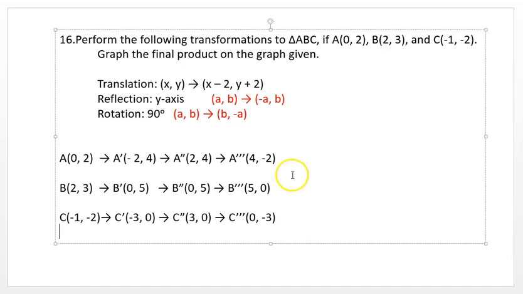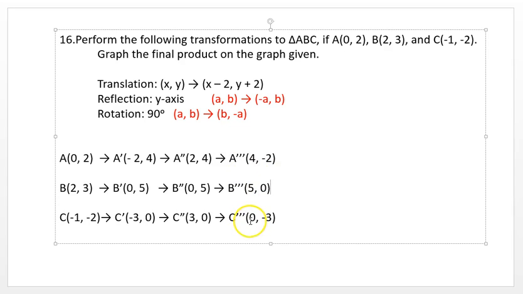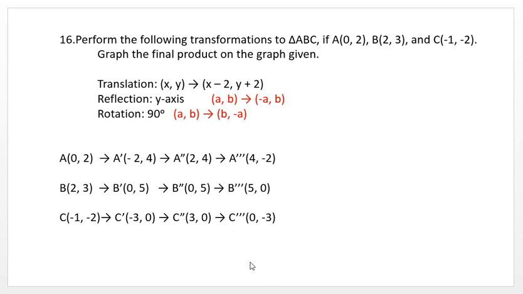And then once you are done figuring out what the points are of your new image, I'm going to want you to plot just the third one alone, just the A triple prime, B, and C. You don't have to graph any of these others, just the final result of all of the transformations. One last thing I expect you to know how to do is how to perform a dilation